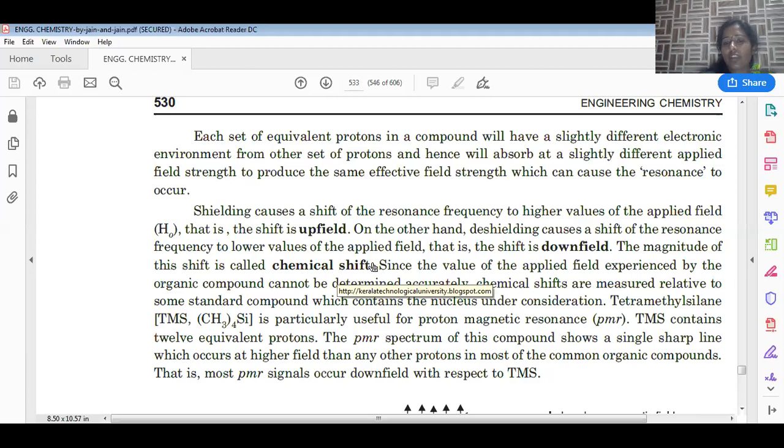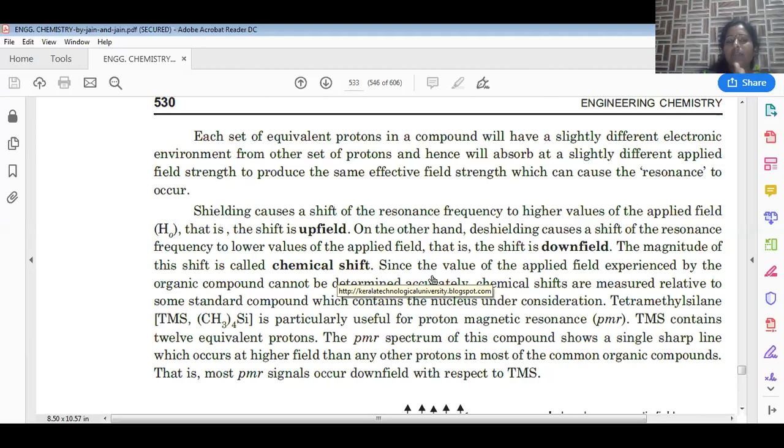Chemical shift values of any functional group are mainly used to measure the number of equivalent sets of protons present in the given compound. It is not a measure of the number of protons, but the number of equivalent sets of protons can be measured by this chemical shift. Chemical shift is the important parameter in NMR spectroscopy. Chemical shift is nothing but the position of signals in the delta scale of NMR spectroscopy, mainly due to shielding and deshielding effect, which are generated by induced and applied magnetic field.